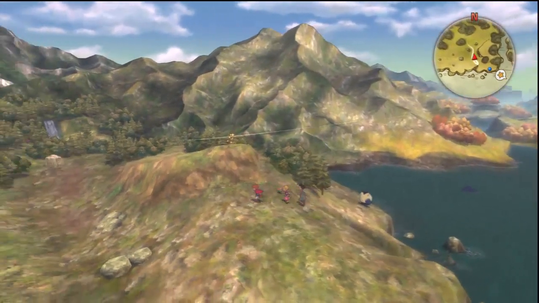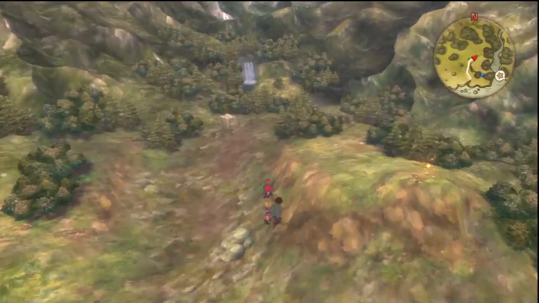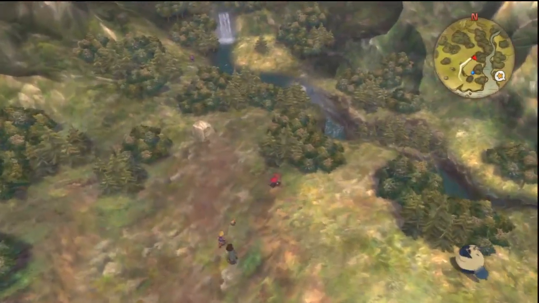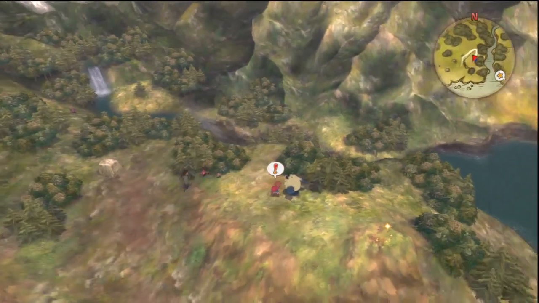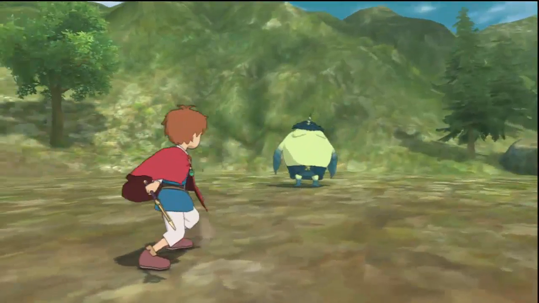It's Snorlax. We'll get to Snorlax in a second here. I just want to see what this draw point is. Oh, well, Snorlax is going to be... Dude, you sure don't act like a Snorlax. Anyway, this is the Tempestus Majora. Yeah, that's right. Okay,